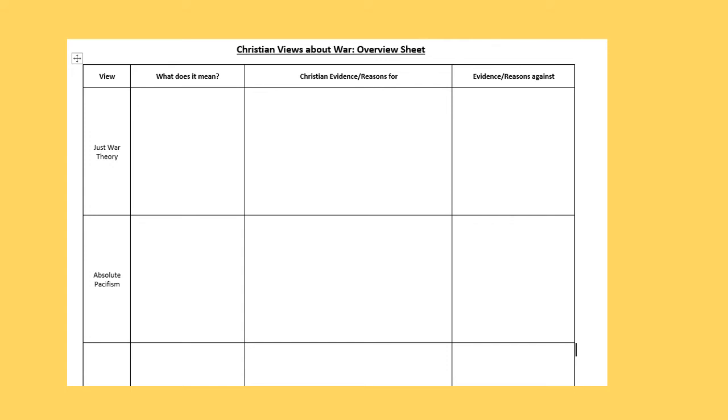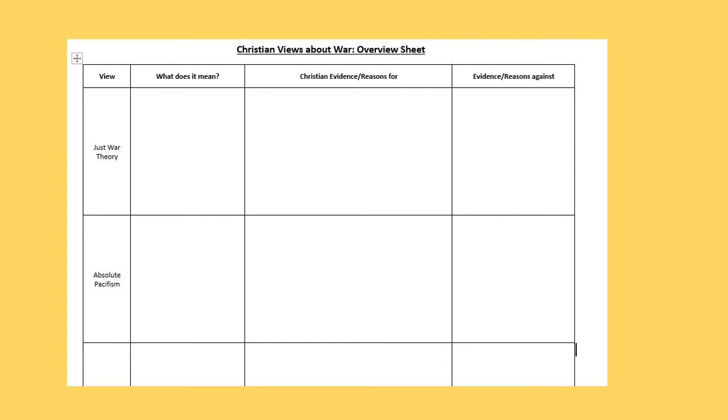Just war theory, there's quite a lot to say about what it is. It's this theory that was created by Thomas Aquinas, first by St. Augustine, later developed by Thomas Aquinas, about when it's okay to go to war and how you should act at war, and in more recent versions, how you should behave after war. So you've got the rules of jus ad bellum, jus in bello, and jus post bellum. And so basically it says you can go to war if the war follows all of those rules.